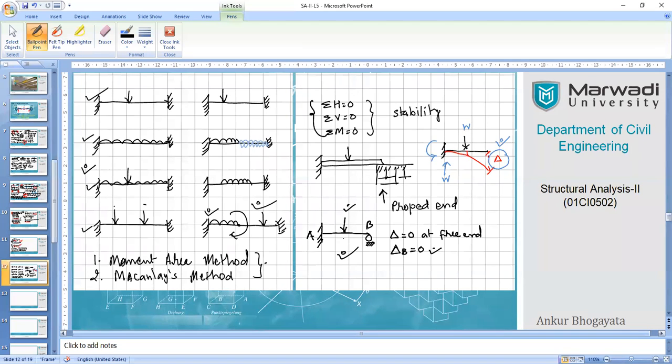So we will be exploring basically three types of possibilities for prop cantilever beams for analysis using the condition of compatibility, or consistent deformation method. Now, why is the method known as consistent deformation? That means at every joint, every node, basically, let me change the slide.